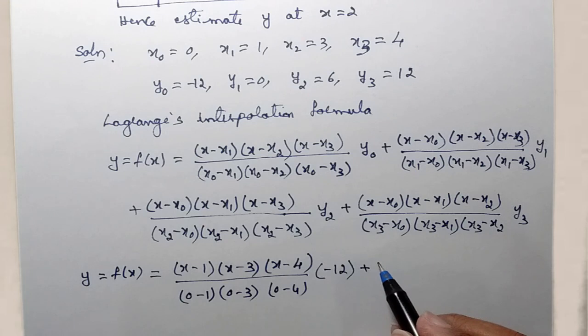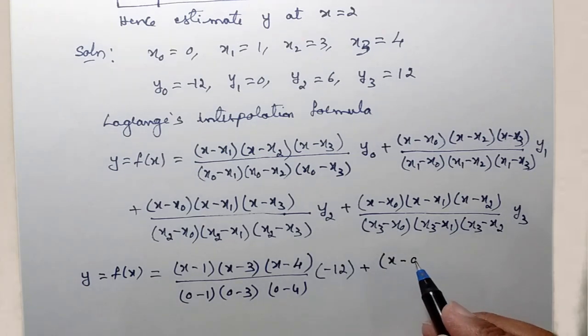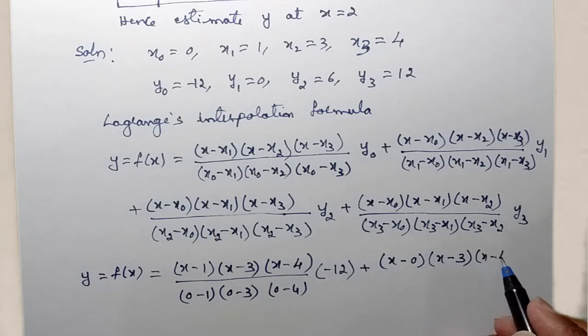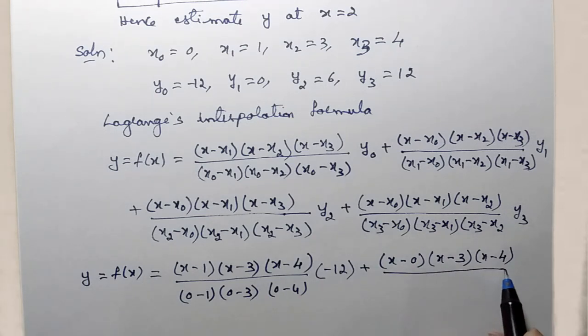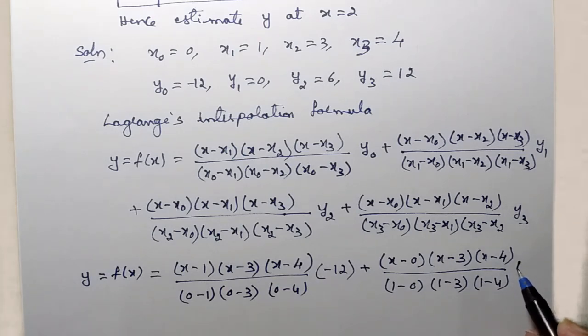Plus you have x minus x0, where x0 is 0, x minus x2, which is x minus 3, x minus x3, which is x minus 4, whole divided by the denominator with x1, which is 1, so it is 1 minus 0, 1 minus 3 and 1 minus 4, into y1. So the y1 value is 0,